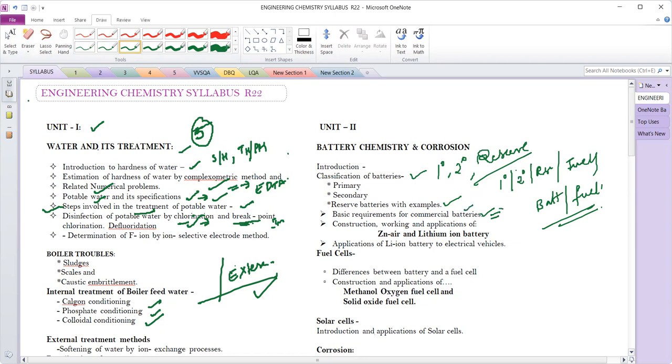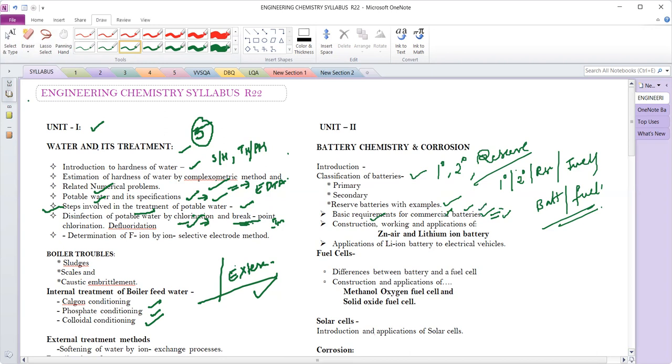In the same way, batteries also have some expectations before their design, meaning batteries should possess this type of requirement. Batteries should be durable, and like that you will have many expectations. And even for commercial types of batteries, what kind of requirements or expectations are there, that we will discuss